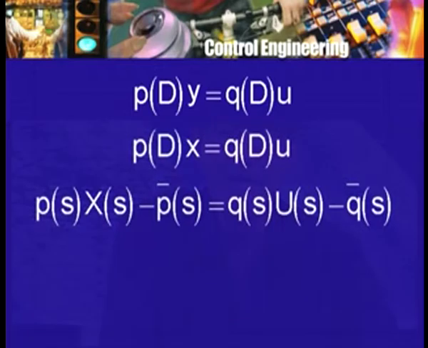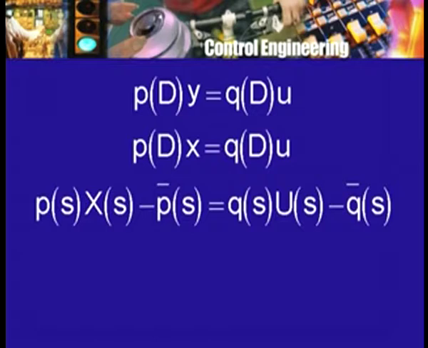And then we found out when we looked at the response, we looked at a fairly general differential equation of the form Pd operating on the response variable, and for us the response variable is usually y, equal to Qd operating on an input variable, and in control the input variable is usually u. So Pd y equal to Qd u was the differential equation that described the control system or a system